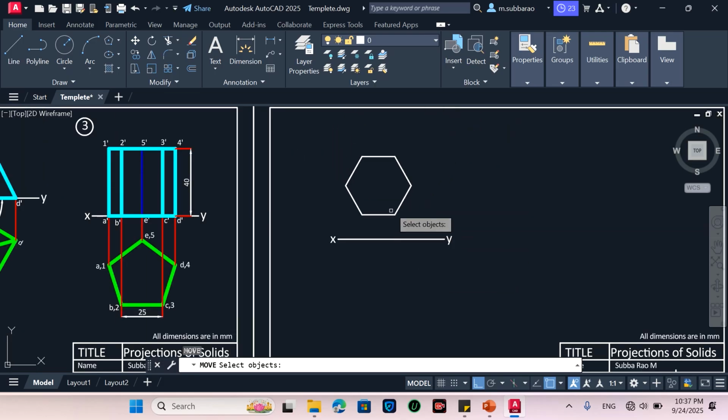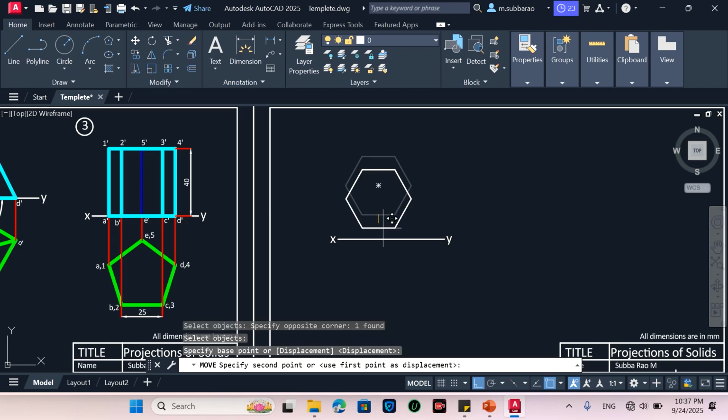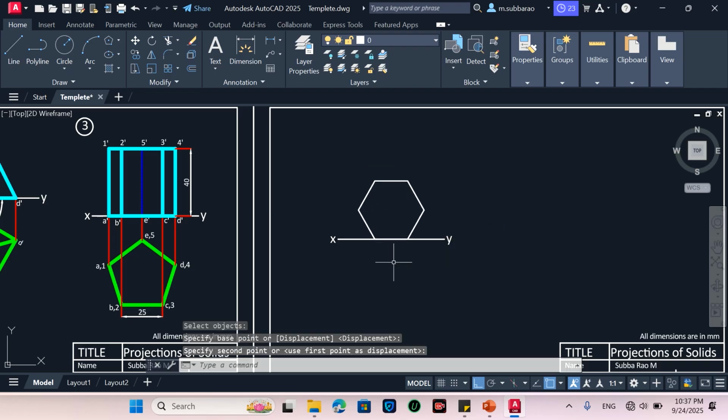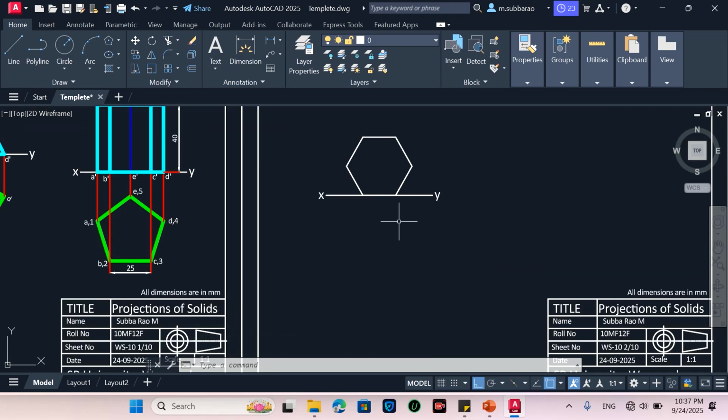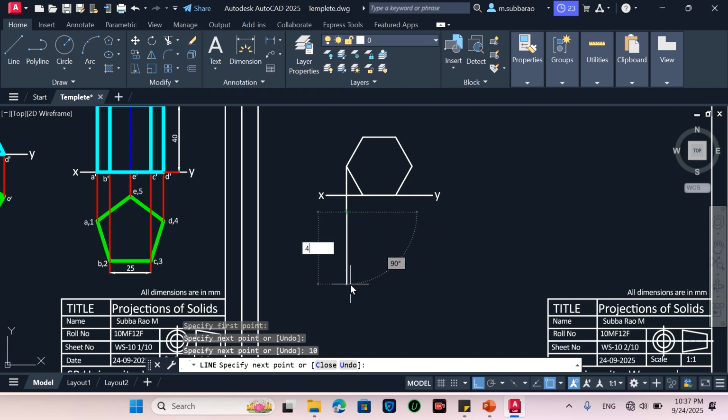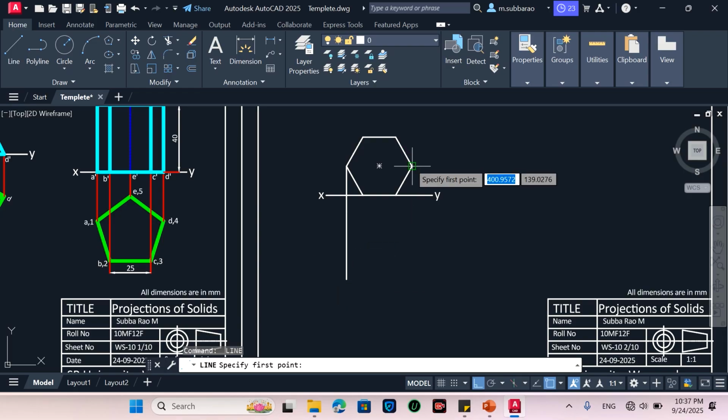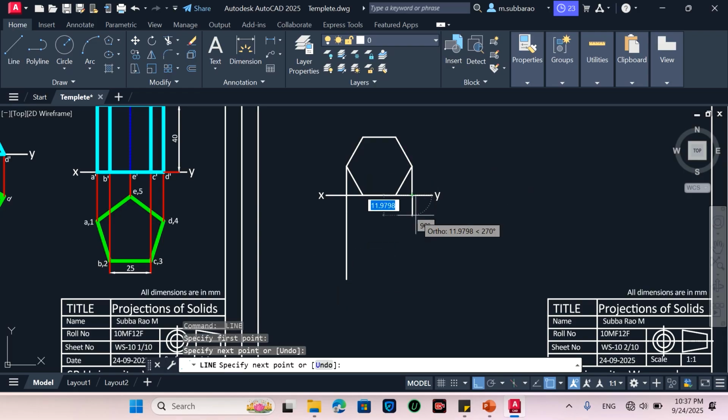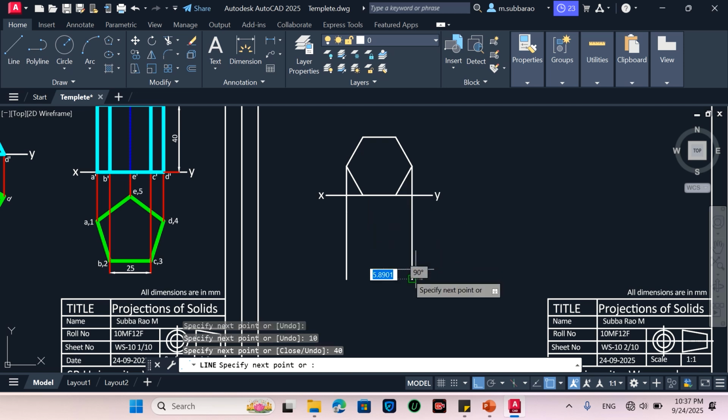So now I will move, because this base edge is resting on the horizontal plane. So the vertical face is resting on the horizontal plane. This is how it will look in the front view. If I draw the top view, they also say that this is 10 mm from the VP. And again the height is 40 mm. So now again you can take from here, up to the XY line 10 mm and then 40 mm, and